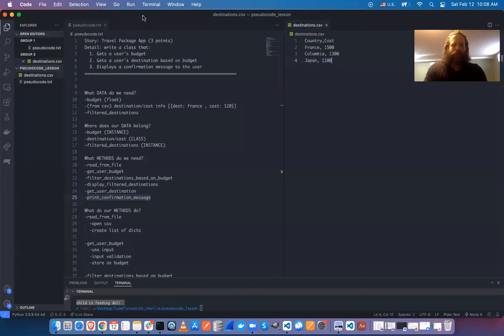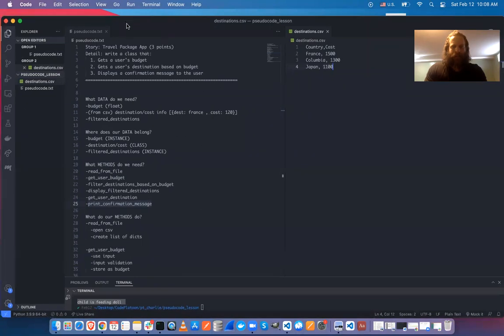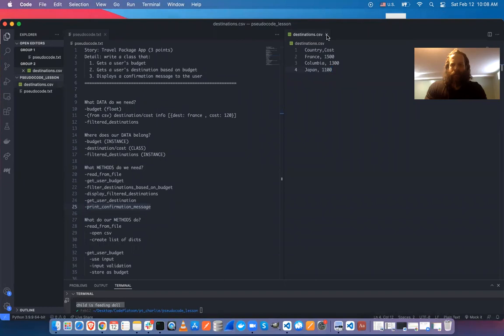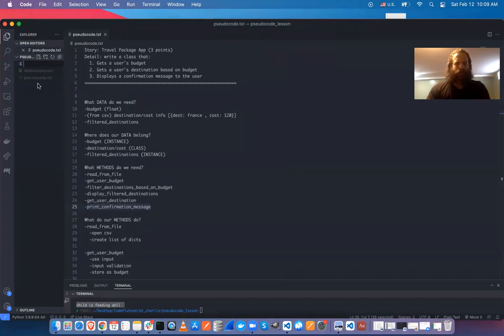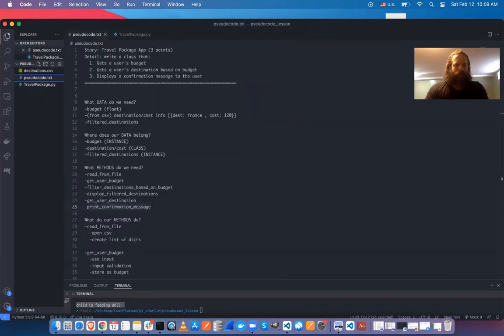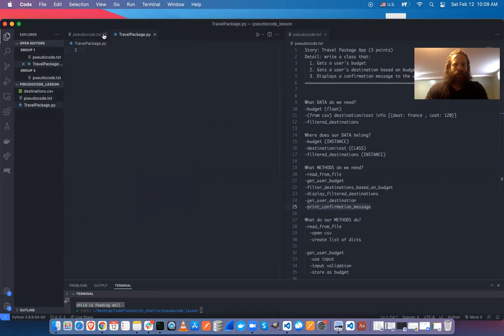All right, so we've got our plan going here. Let's go ahead and try and implement it. I'll keep the pseudocode open on the right. Let's go ahead and stub this out real quick. So class